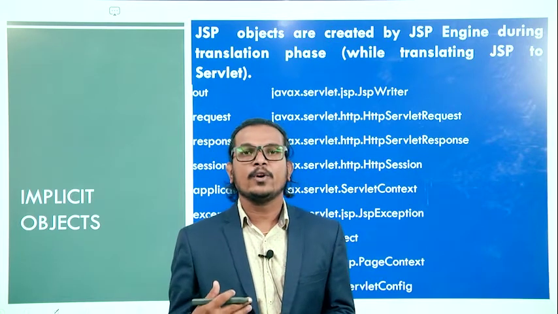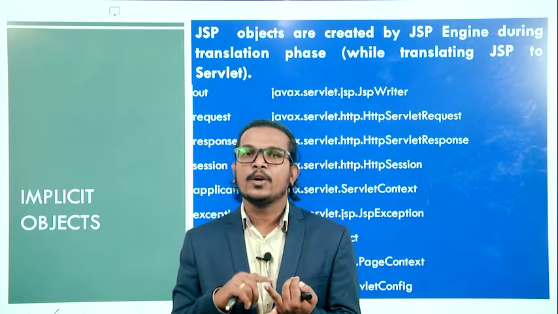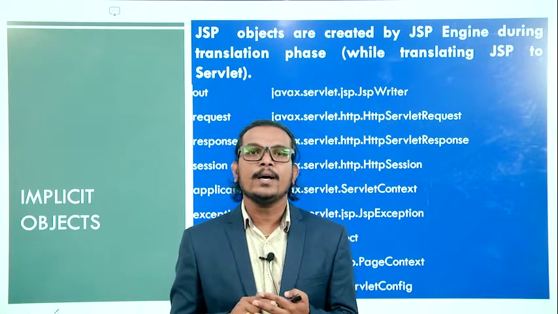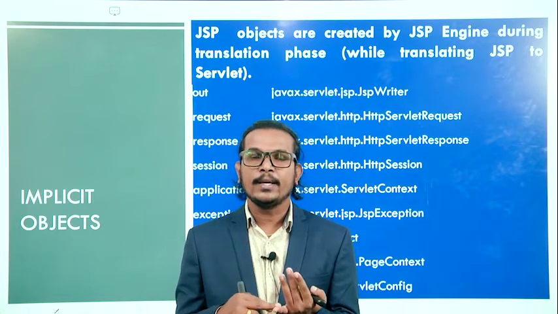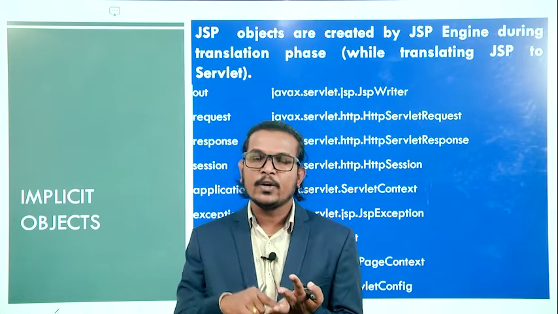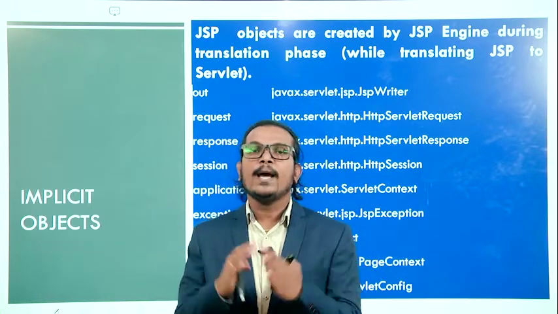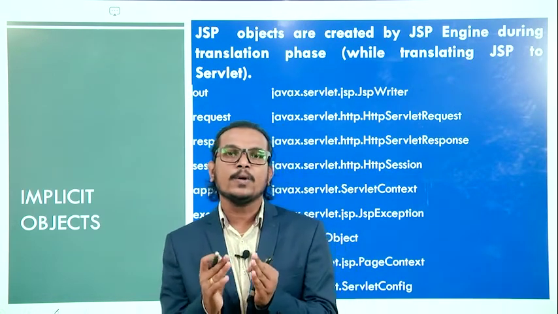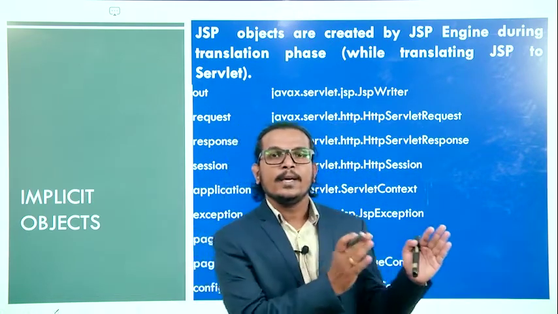There we talked about the declarative tag, the declarative element. After that we talked about the scriptlet element. Then the third one is the include element. So we talked about the declarative elements, after that the expression elements, and after that the scriptlets. With the help of these different types of tags, we construct the response, and we forward that response to the requested client, right?